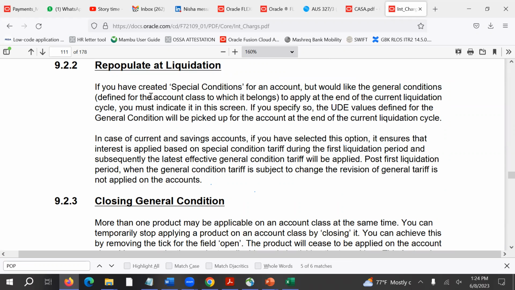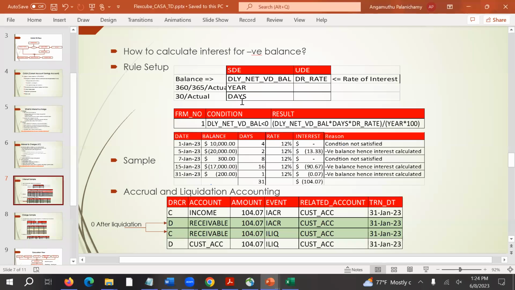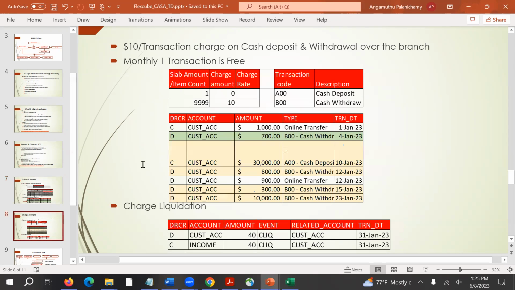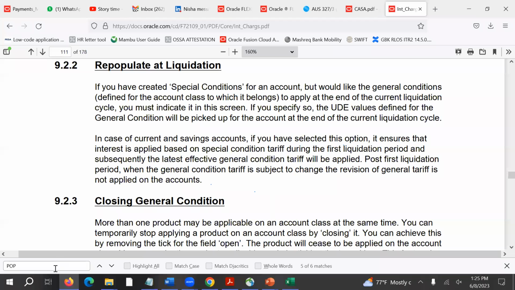If you have created a special condition, you can choose whether every time you want the same special condition to be copied, or only the first time you go with the special condition and next time you want to go with the general condition. So that option is given over there. So that special condition we are adding at account level, whatever it is, that is special. And when it comes to the charges, as I explained earlier, the charge product,